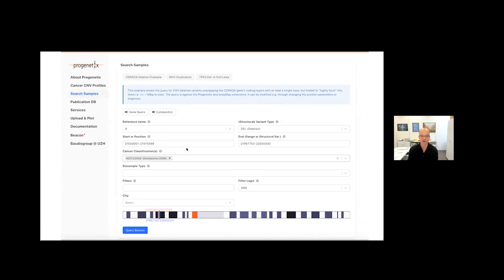Now here is an example for a structural variant, as I mentioned before, a deletion in a certain gene.